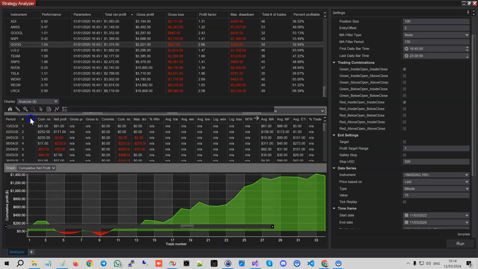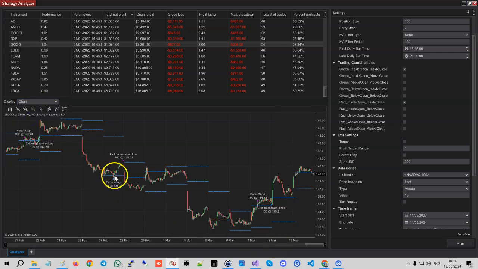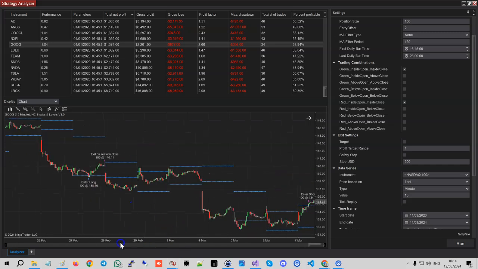So if we have a look at the chart here, so it goes in. So for example, red inside open. So as far as I can see, this is... I'm in a different time zone, so this is actually the US Open time. So 15 minute, it's like a 9:45 bar. So this is a green inside open, inside close. Okay, we can see this happen here. And that's why we place a limit buy here, and bang, it goes in, and there's always